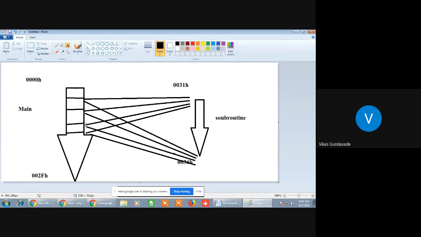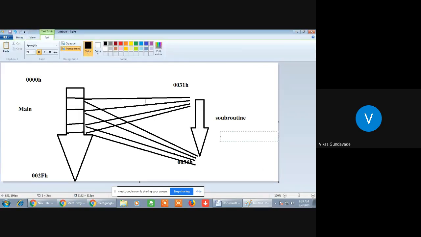Now, for calling these lines again and again, there are some conditions. In some cases, the programmer will access the subroutine without any condition. That means if the program counter reaches this location, it will directly jump to this program, execute the instructions, and return back to the main program.